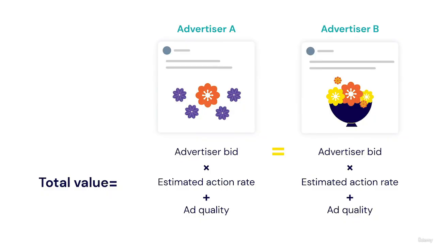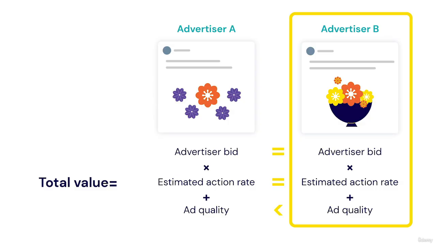In other words, buy products from both of them. And that means the estimated auction rate is the same for both ads too. Advertiser A, however, is sending people to a website that has a lot of ads on their homepage, as well as misleading information about flower pricing. And that's not a great user experience. So hypothetically, this could lower advertiser A's ad quality score, driving their total value down. And this means advertiser B will have a higher total value score, leading to them winning the auction and Clara